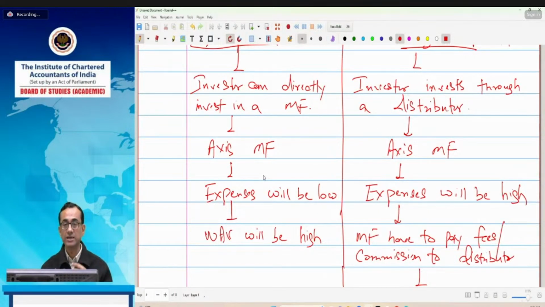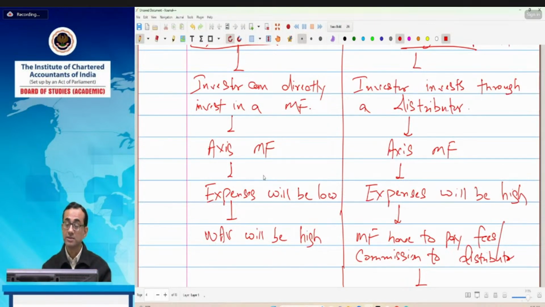Because if one is directly investing, then one has to be conversant with what mutual funds are good and beneficial, whether to invest in equity, in a debt mutual fund, or in a balanced mutual fund, which will be a balance of debt and equity, how much to invest, and whether to invest in large cap, mid cap, or small cap companies. So all these decisions have to be taken on the basis of proper research and analysis. If an investor does not have the time to do all this research and analysis, he can invest with the help of a distributor.